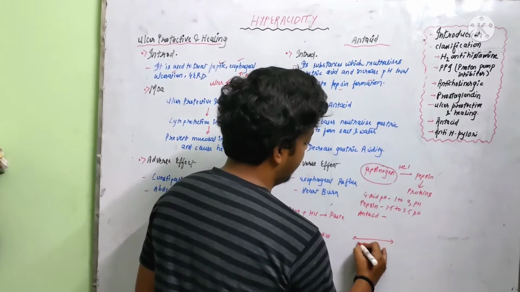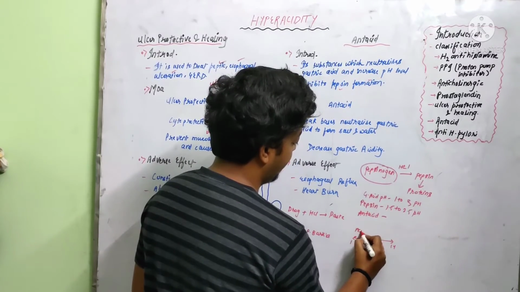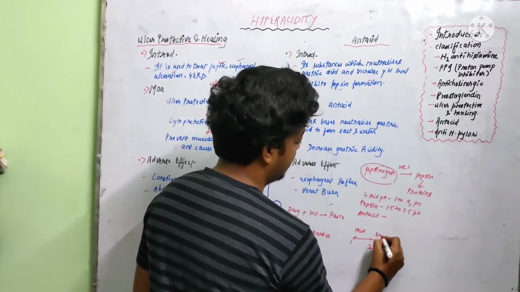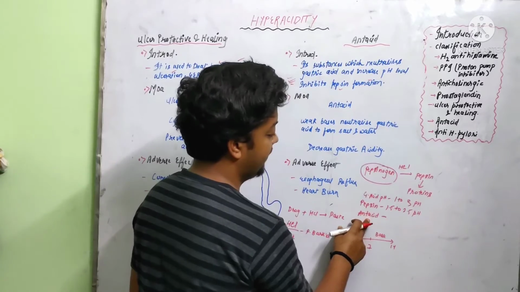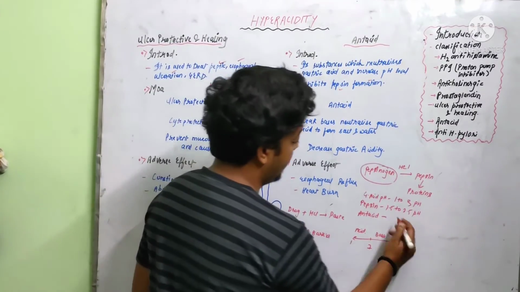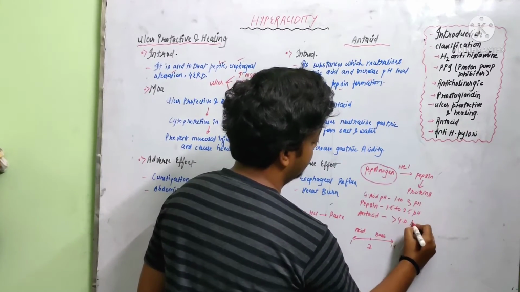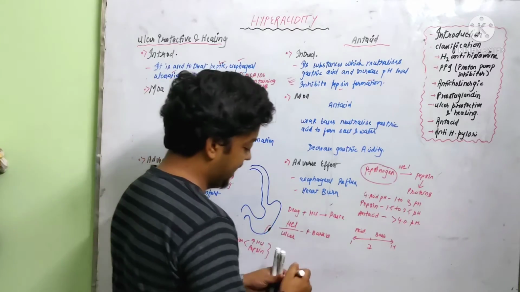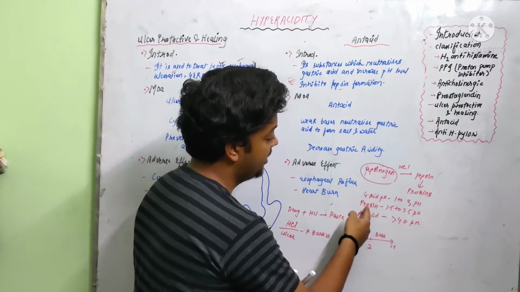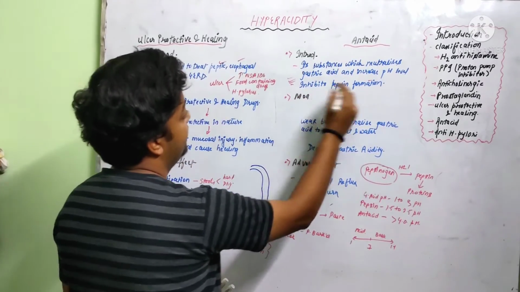because we know that if this is a pH scale, we have 7 here, 1 and 14. So this becomes the acidic, this becomes the basic, that is the alkaline. So if the antacids are given, definitely the pH will increase towards the basic part, okay? And these antacids may increase the pH up to about 4.0. So when the antacids are increasing the pH level, definitely the formation will not occur, and that is why we have written that the antacids inhibit the pepsin formation,